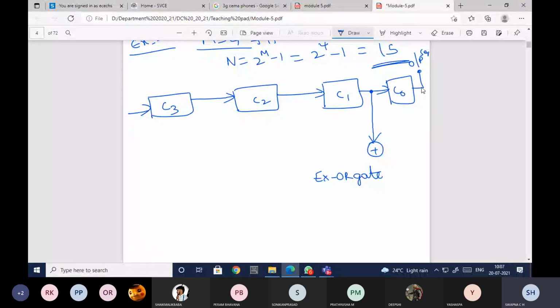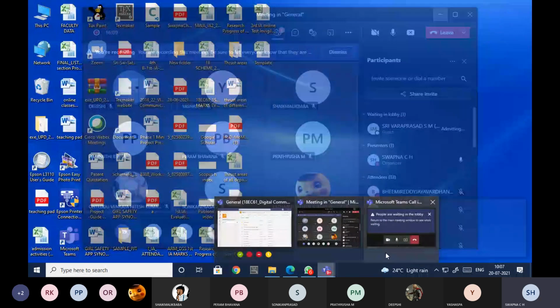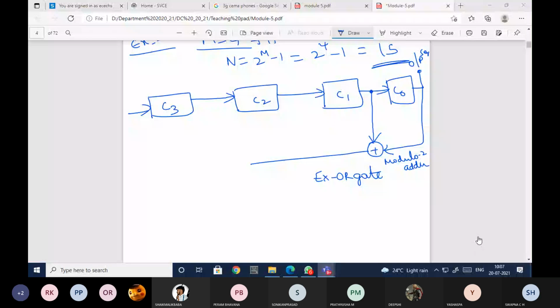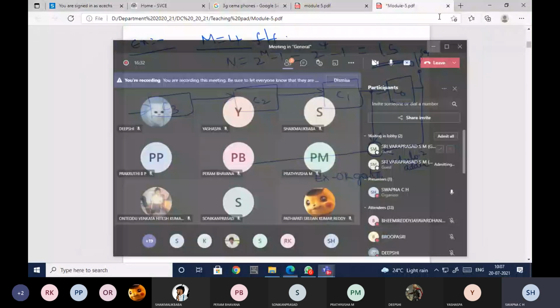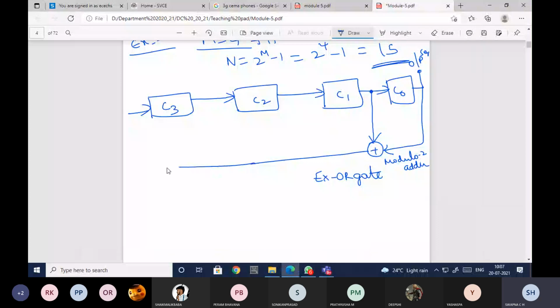Whatever output I'm getting from C1 and whatever output I'm getting from C2, I'm giving to the XOR gate, which is also called a modulo 2 adder. From here it is fed back as an input to the first flip-flop.